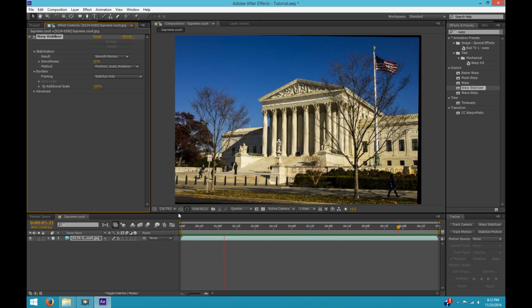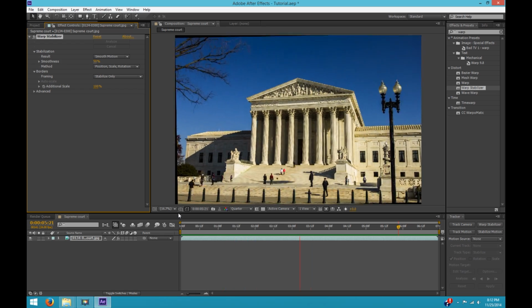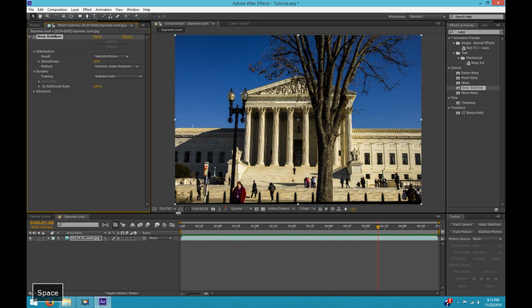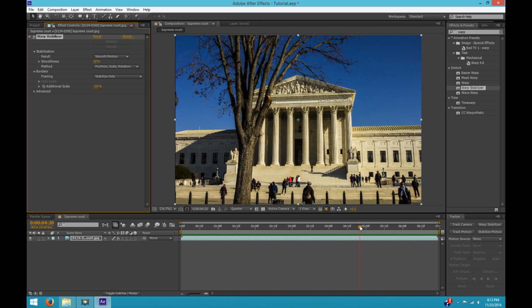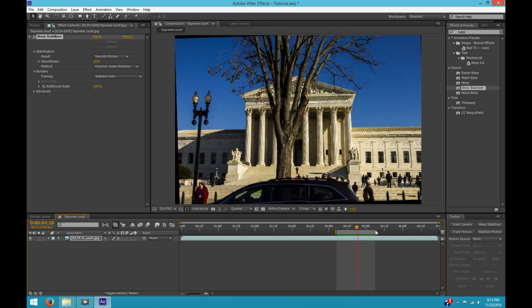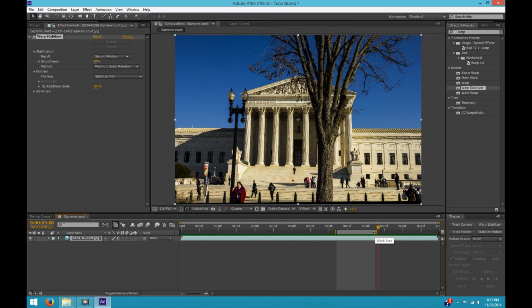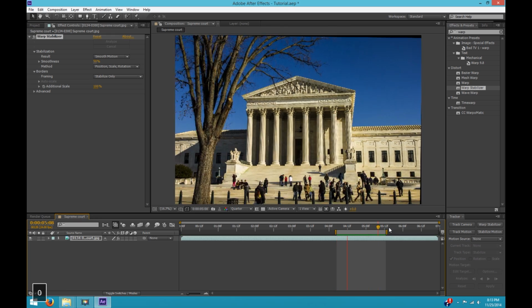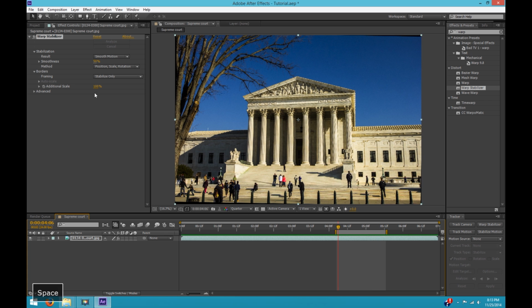See, now there seems to be some jitters here in the scaling, which I don't care for. It might be kind of difficult to fix that. Warp stabilizer has introduced some scaling disturbances here. Right when it goes behind the tree, it seems like it's rescaling it. Unfortunately, I think this is a really annoying feature.